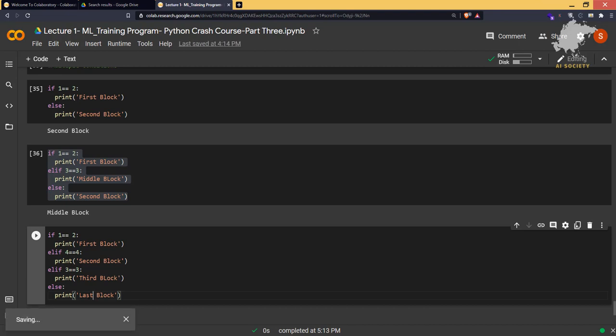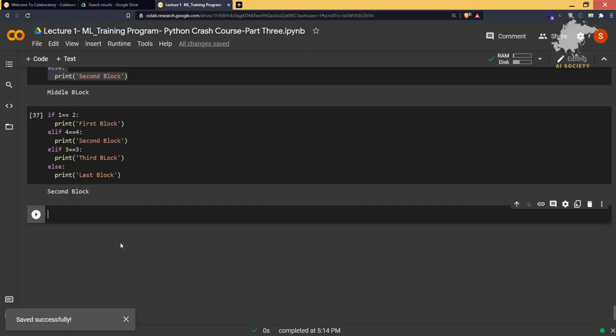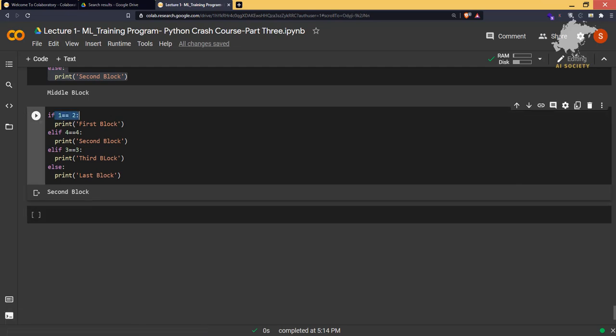If I save this file and I run this code and see carefully here, this condition is false, this condition is true, and it is going inside this print statement and it is printing the second block. But see, this condition is also true. This is not a false condition, and it is not printing third block. That means whenever there are multiple elif conditions, then the first condition which becomes true is always valid, and it will not even check the other conditions.